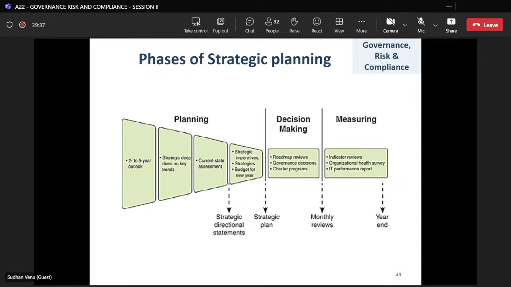The planning phase will consist of 2 to 5 years of business outlook, and the strategy deep dive on the key trends and the current state assessment, and this is a strategic imperative, strategies and budget for the new year. So these are the things that come under the planning phase of strategic planning. And in this, the strategic imperative, strategies and budget for the new year will come in the form of the strategic directional statement, and based on this statement the company will give the next level of direction. And here the decision making will come into place for the strategic plan,